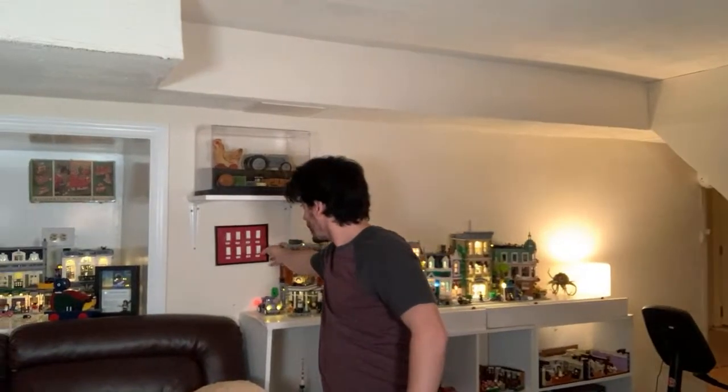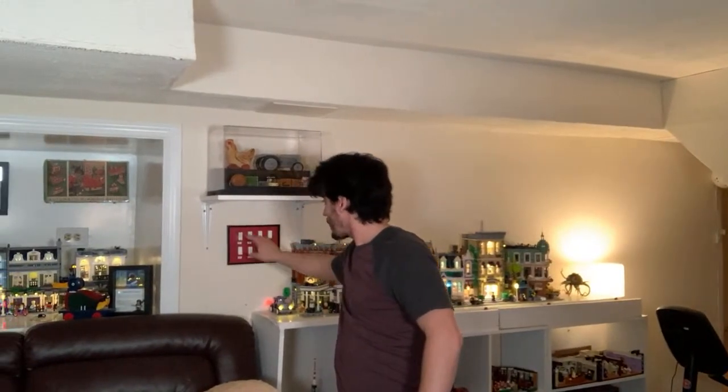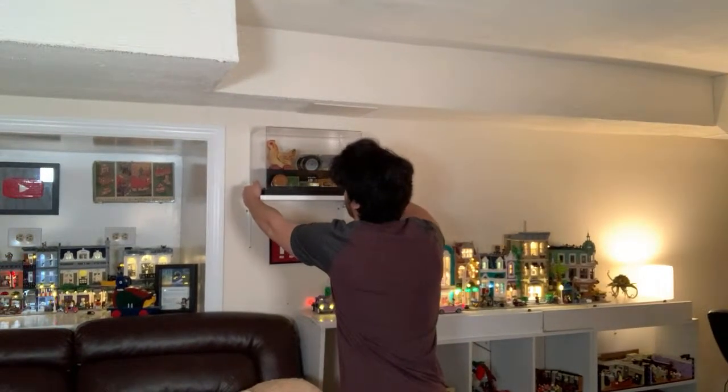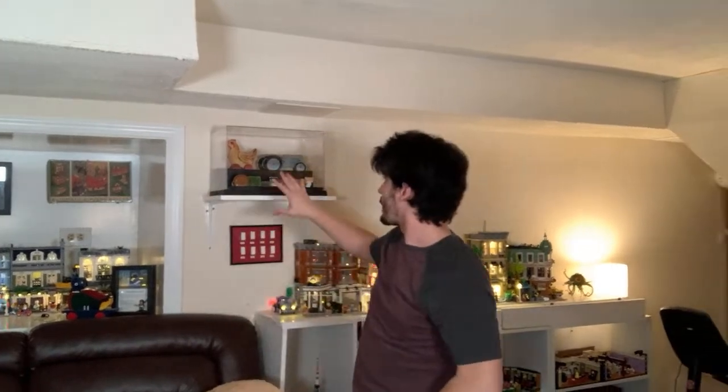Careful. There we go. Over here, we have my collection of the history of the Lego brick. A brick for each iteration of it, from 1949 all the way to 1990, as well as this box that I grabbed from a craft store for all of my wooden and very, very rare pieces, such as the wooden duck, the Ferguson tractor, some wooden blocks, the yo-yos, very, very important stuff for Lego's history. And then we have